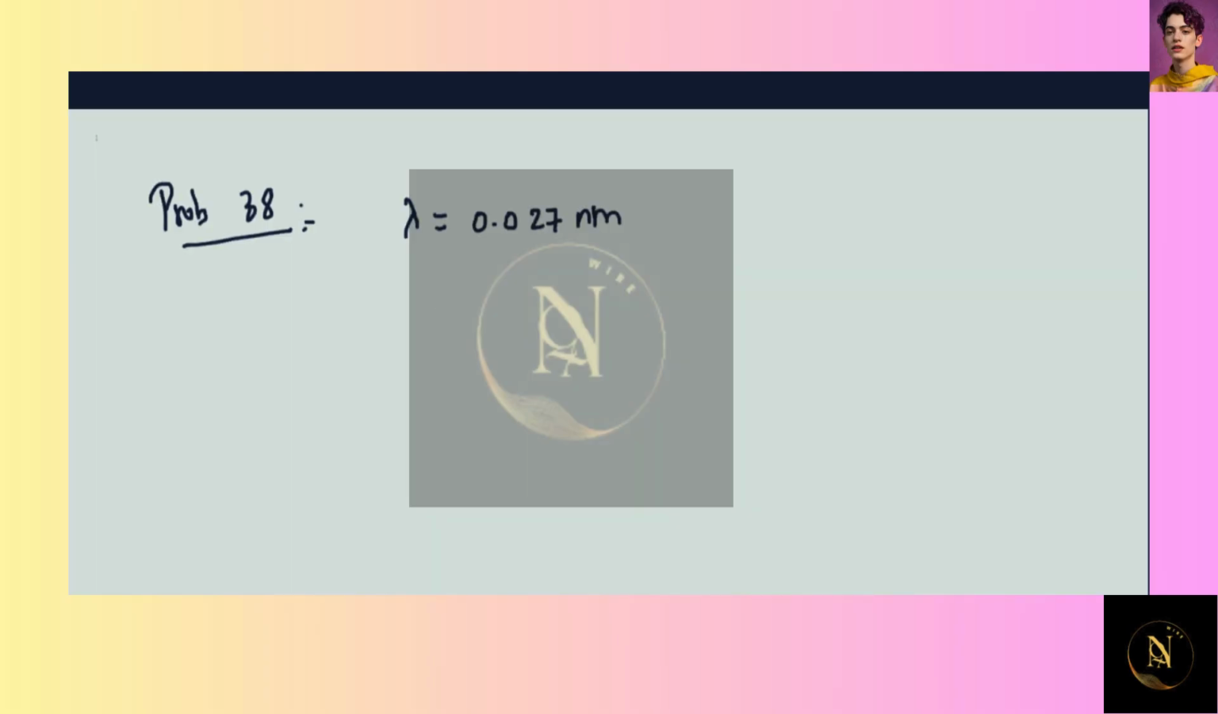So in this problem, we're supposed to calculate the voltage across the tube, given the shortest wavelength bremsstrahlung X-ray emitted from an X-ray tube that has a wavelength of 0.027 nanometers. So it basically means that here on the y-axis we have